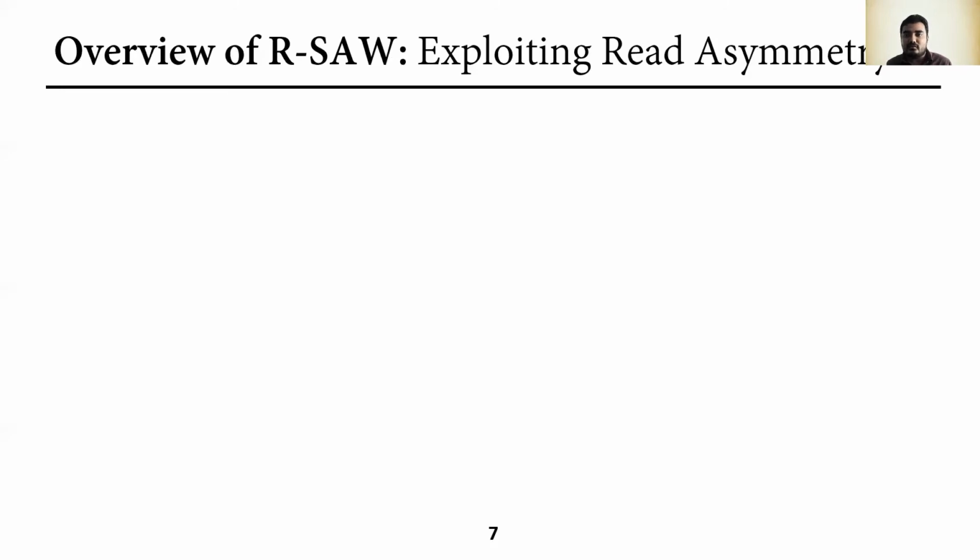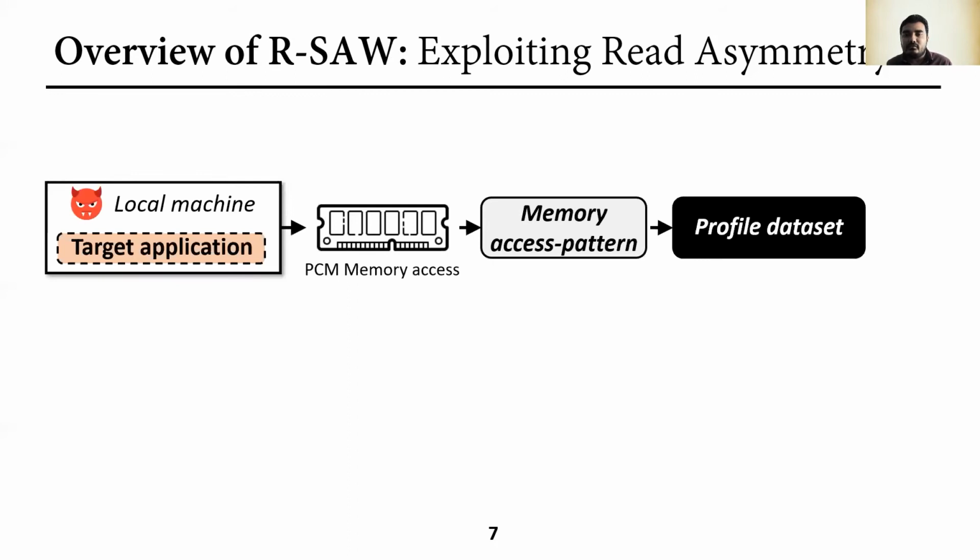Now we present RSO, a side channel that aims to exploit the read asymmetry in MLC PCM. At a high level, RSO has 3 components. The first one is offline profiling, where the attacker obtains the secret-dependent memory access pattern of the target application running in a local machine. The attacker can perform comprehensive profiling locally on a known victim application, which exhausts all possible secret